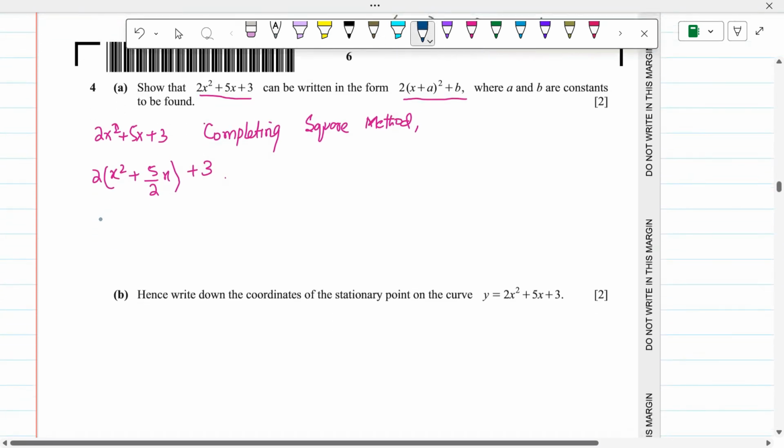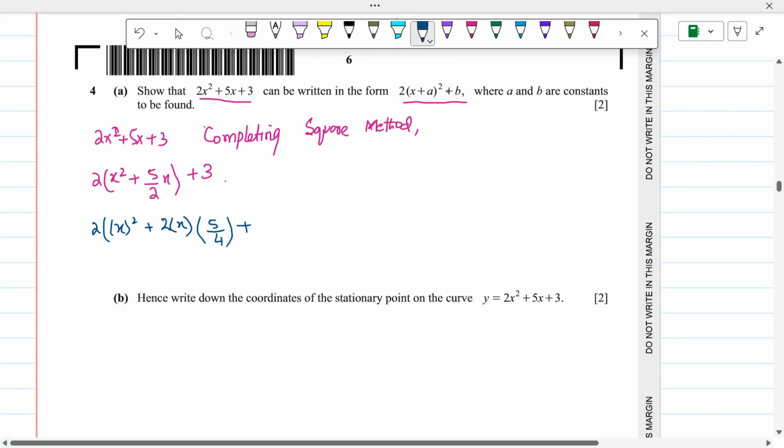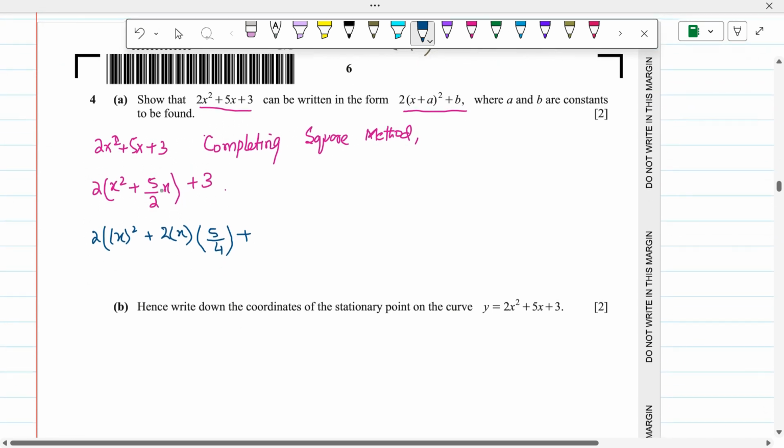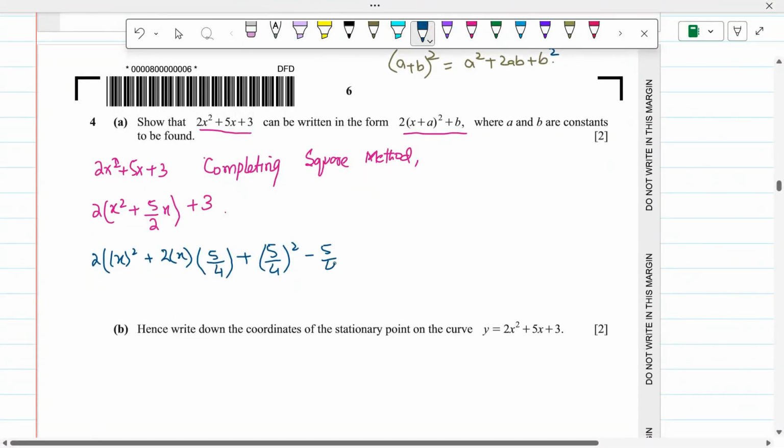So, x² plus 2ab means x times b. This term should be 5/2 x. We already have multiplied by 2, so we should divide by 2 also, so 5/4. Now to make b² in the formula, we need this b whole squared. So we will add (5/4)² and subtract (5/4)²